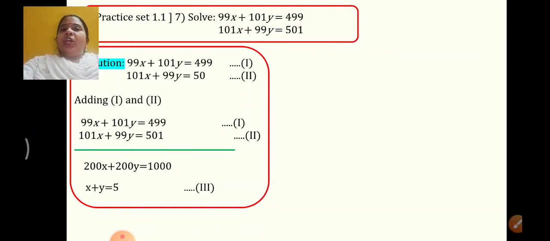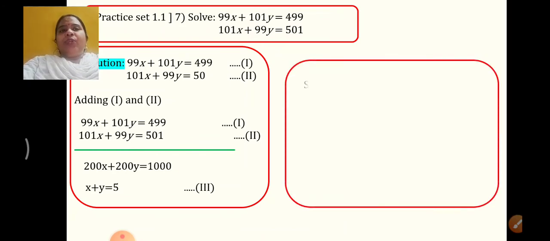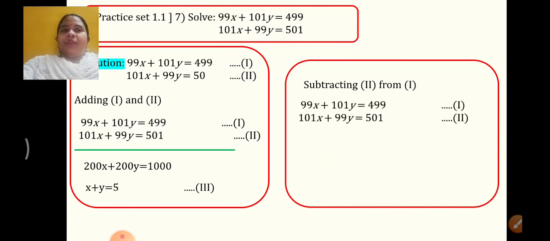Okay. So now I have added this. ASA I have told you, I have finished addition. Now what is to be done? I have to subtract. Again take the same two equations as it is. Subtracting equation 2 from 1. Okay. Now when we are subtracting, I hope you know and you remember, we change the sign of the second equation which is written down. So we are changing the sign of all the terms. After changing the sign, what are we going to get? 99x minus 101x.